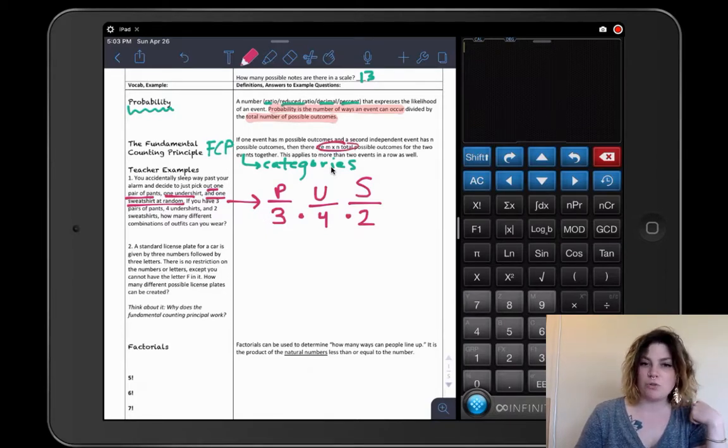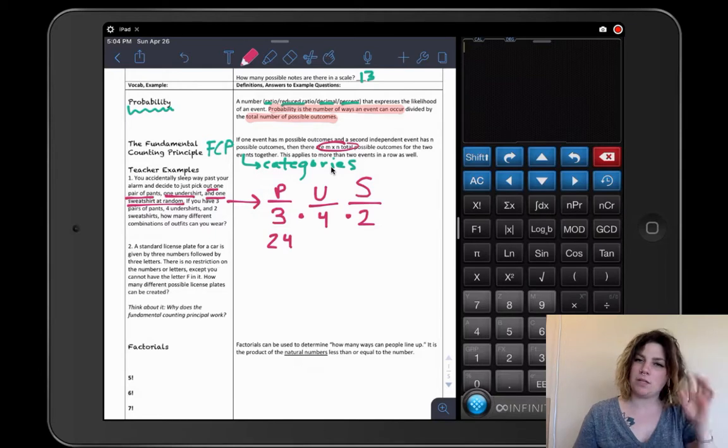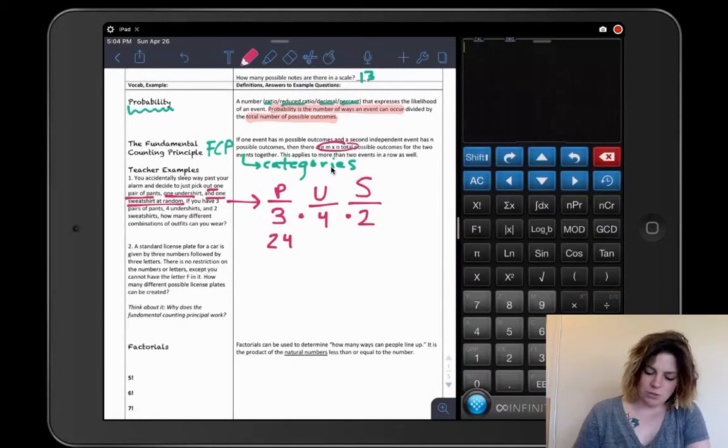So 3 times 4 times 2, that's 12 times 2, which is 24. So you would say 24. And then when we use our units for this on your formative and your summative, you don't have to do this, but it's important that you're thinking about this. You'd say there's 24 total outfits